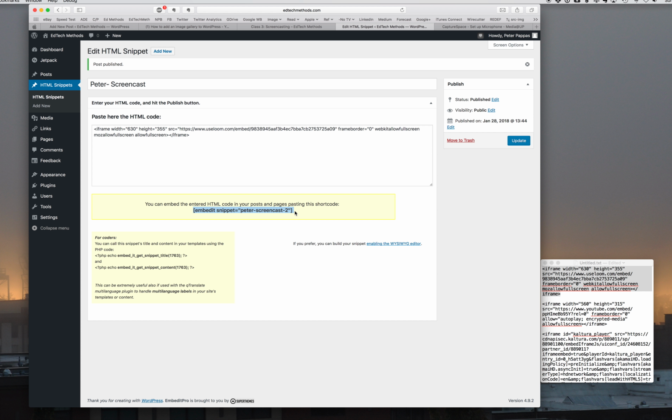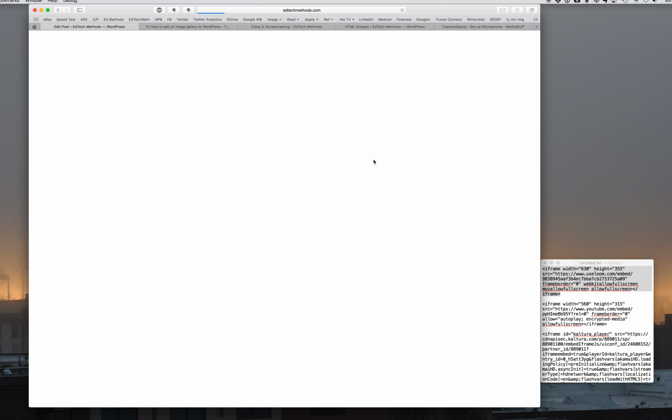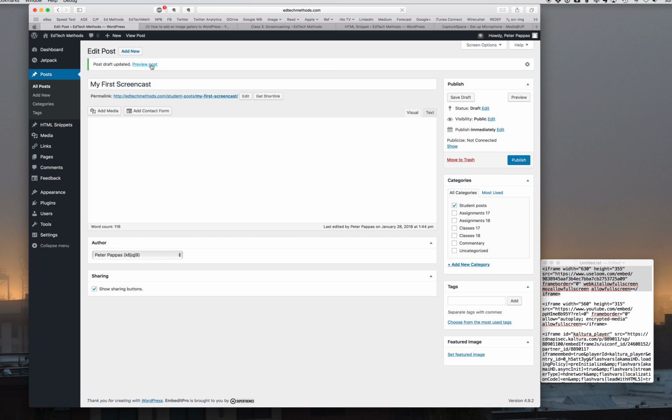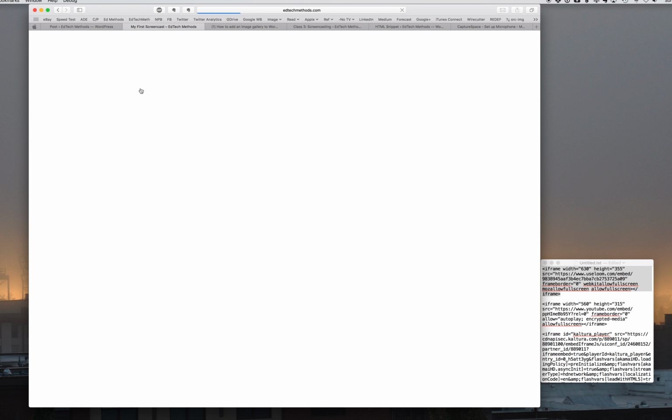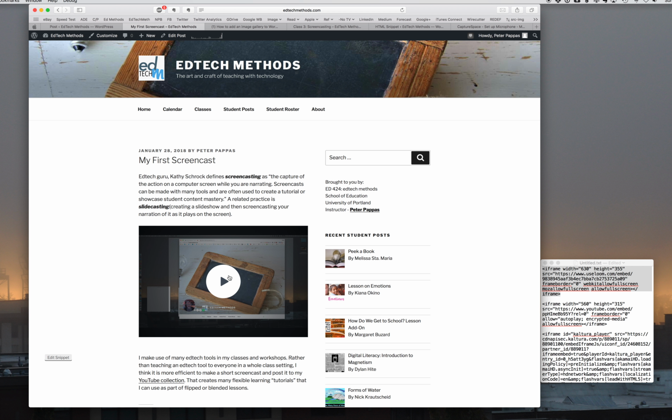or a Command C. So now I've saved that, and then I go back over to the post, and I just put my cursor where I'd like to embed it, and I paste right there like that. And let's just see, I save draft, and we go to preview the post like this. And a lot of times you've got to refresh the page, so if it doesn't come up right away, you can do that, and that basically embeds your